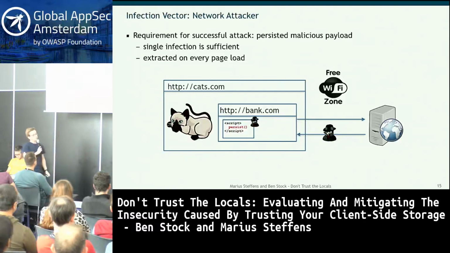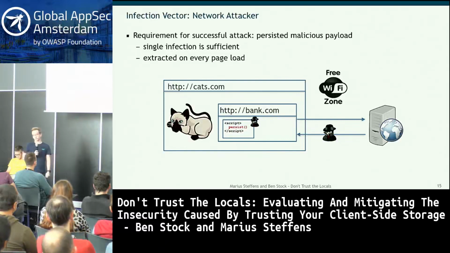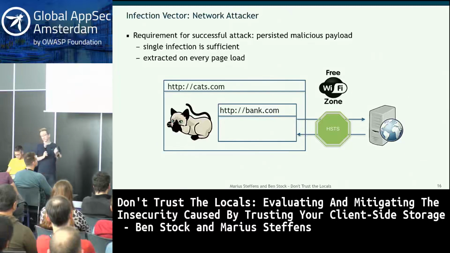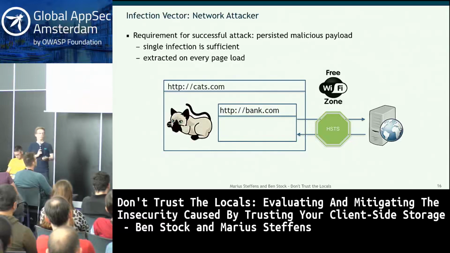Now, there might be one security mechanism which prevents the attacker from actually doing that, and it's called HSTS. It's a cool mechanism, HTTP Strict Transport Security. We've heard about it in the questions just earlier. Once deployed by bank.com, it is a trust-on-first-use mechanism. It instructs the browser to only ever visit bank.com via HTTPS ever again, completely eradicating the threat that an attacker can intercept HTTP traffic on that site.